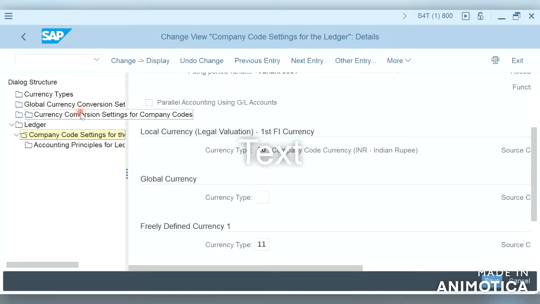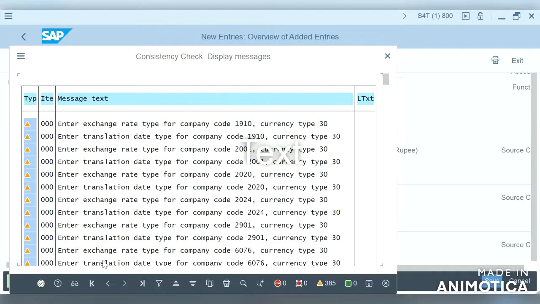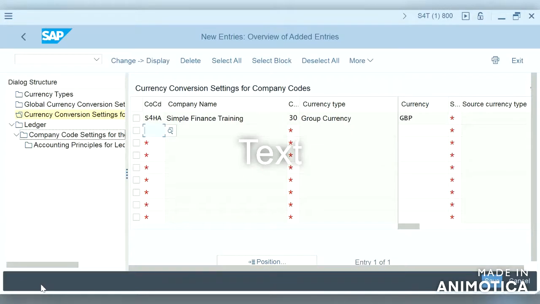And let us see here, currency conversion settings. Okay, group currency, even though we have given INR, it has taken GBP, meaning the group currency is at client level and we can't change it, so it is GBP.